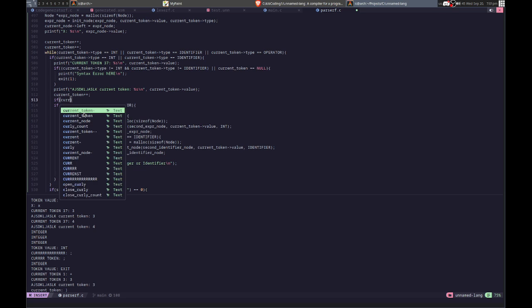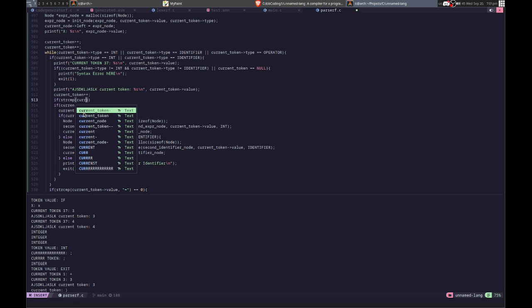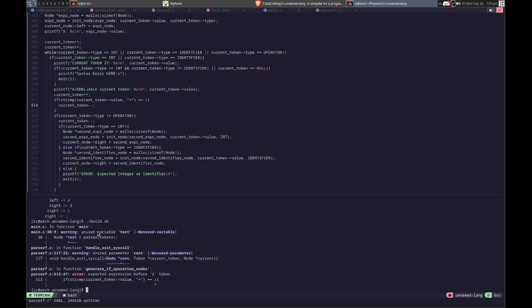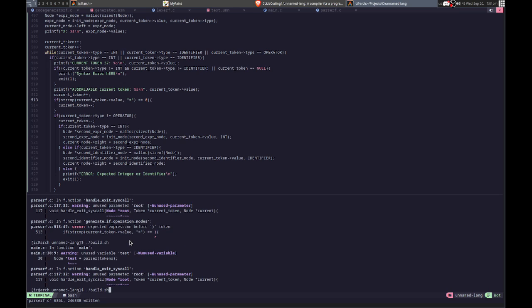Do this and get if token type equals, then we'll just current token length. Alright, this might actually